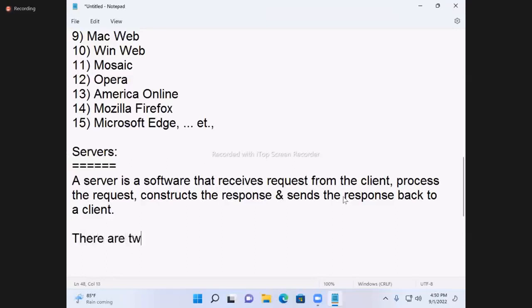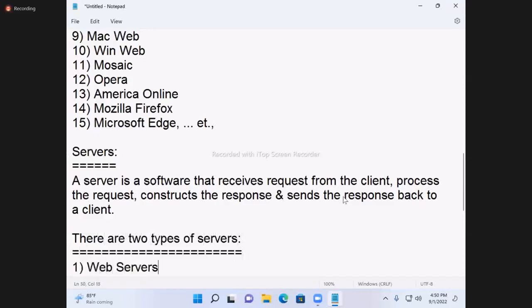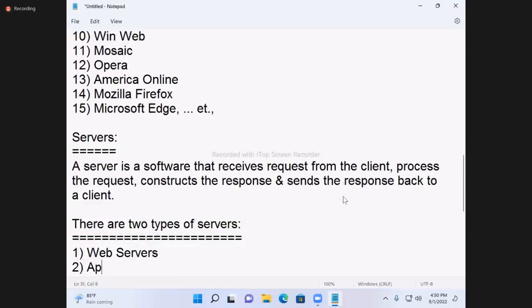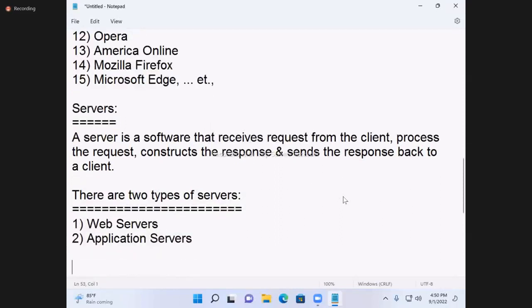There are two types of servers. First one, web servers. Second one, application servers. First one, web servers.